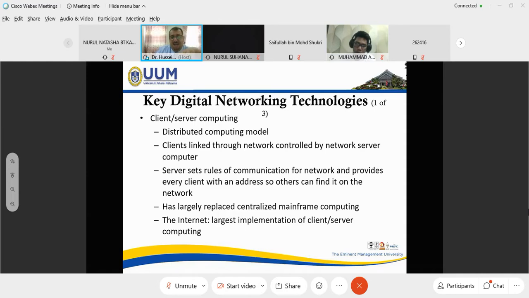So it is just like a lab. How many computers are in the lab? If you go to the lab, we have 40 computers in the room. Each one is a client. How can they connect to the internet? Through the server. It is the same as, for example, TM. But TM has millions, or hundreds of thousands, of subscribers, and they have their servers.